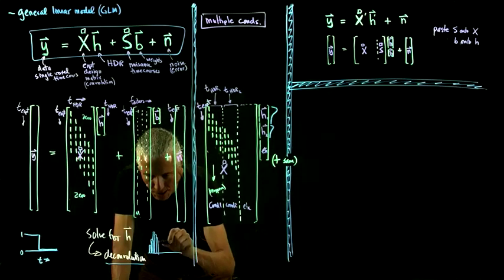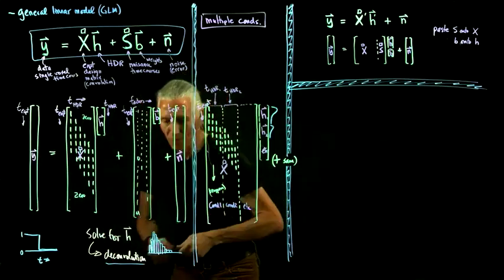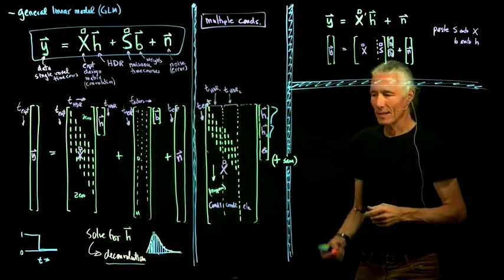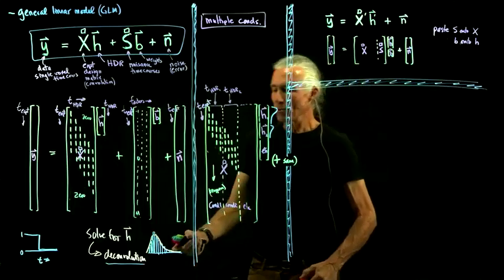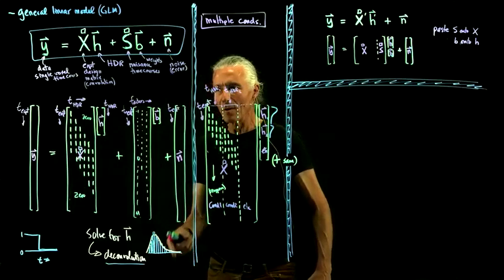So you're solving for maybe the hemodynamic response function might have 5 or 10 numbers in it, something like that. So what you're trying to solve for is that curve. And so you've got 10 or 20 unknowns,